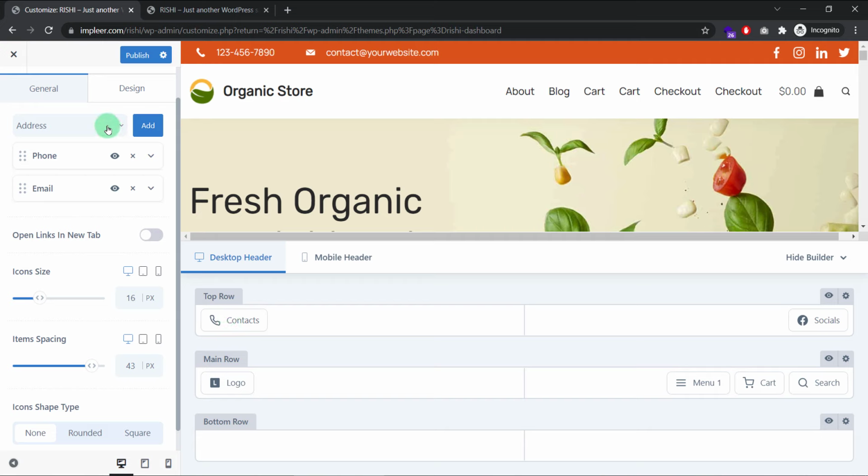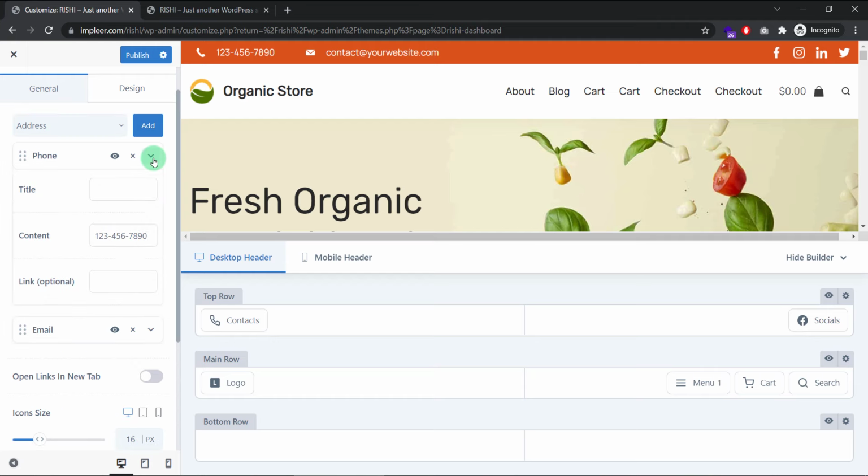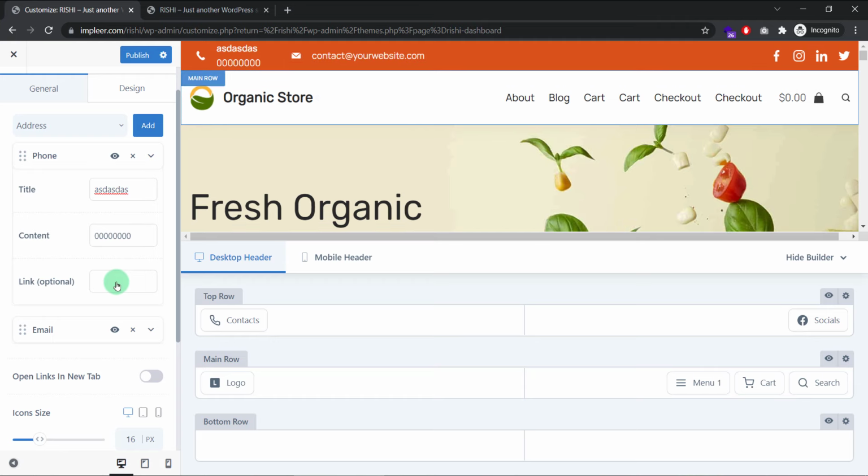And if I see what I have in the contacts menu, if I click here, I get phone, email, or I can add more things, mobile, working hour, website. So all these elements you can add or edit. And if I want to edit phone, I will type in my phone number. Okay, if I want a title, I can give it a title as well. If I want to link it, once anyone is clicking on that, it takes them somewhere. So if I give title mobile,